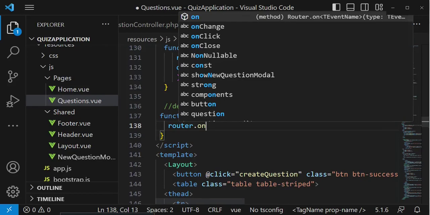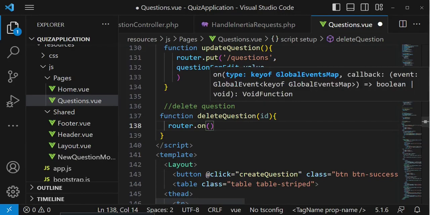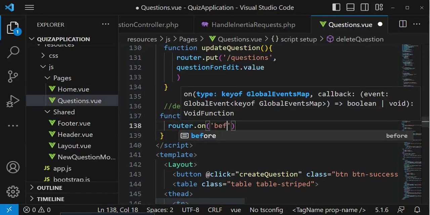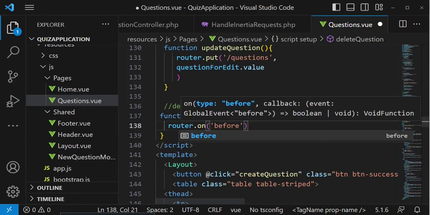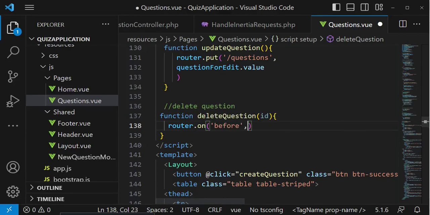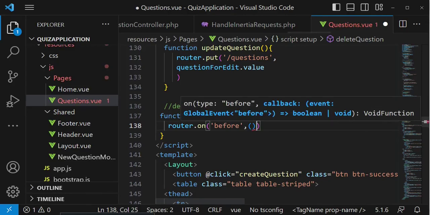In this case, before we submit, I want us to just ask, are you sure, or something of that sort. So router on before, and then we are going to have an arrow function,